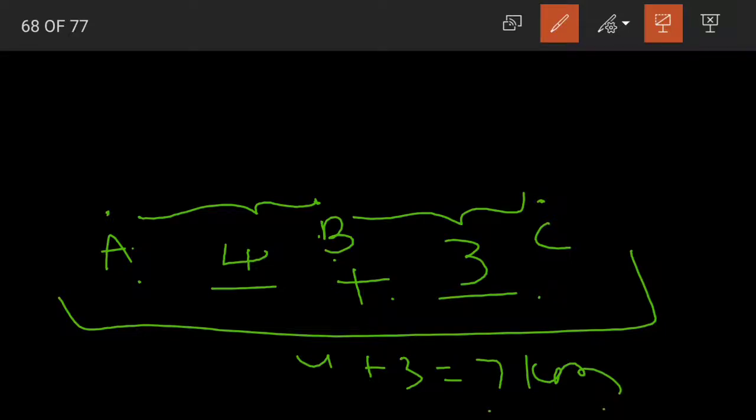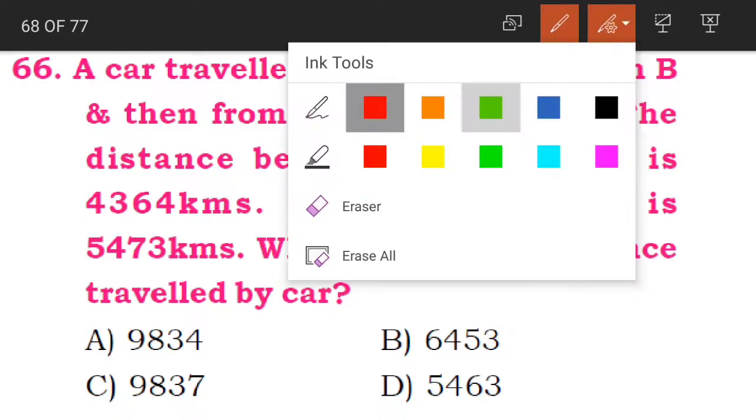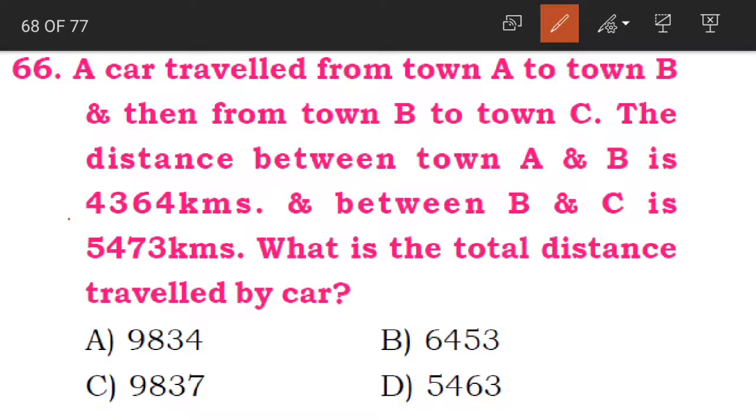So the total distance travelled is 7 kilometers. Clear, children? The same concept is applied here. A to B is 4,364. B to C is 5,473. So to find out the total distance, we need to add